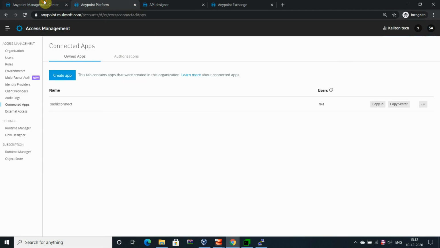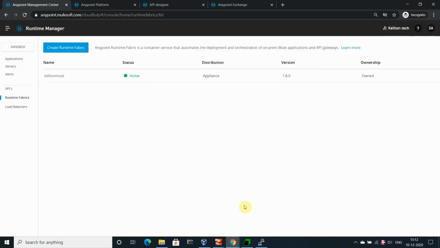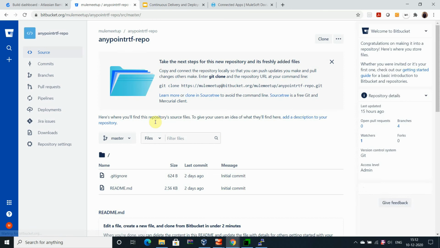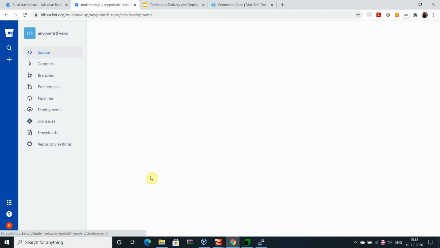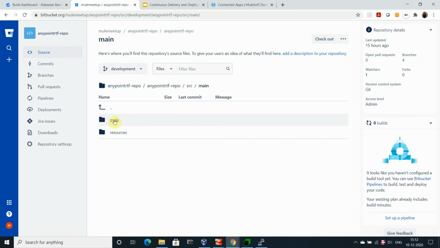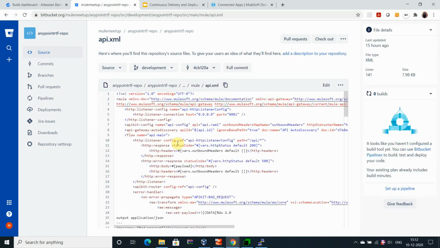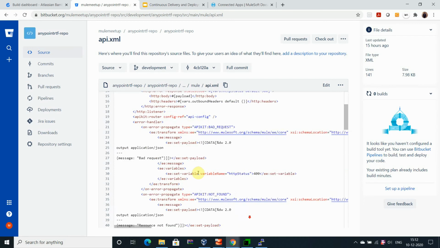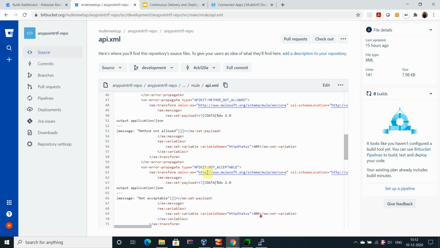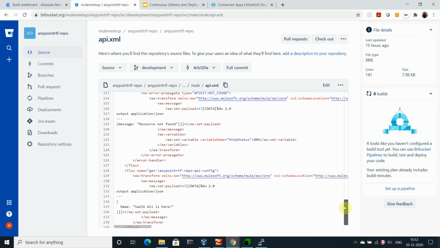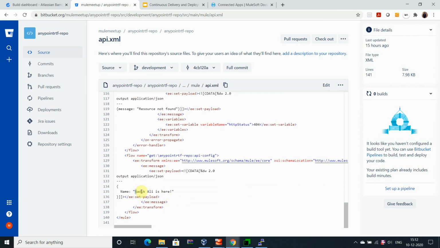I have updated the code. You can see that I have updated the code. Let me go to the code, this demo one. I have just updated one comment. Instead of the original name, I wrote Sadiq here. Let me show where the response is. I wrote that Sadiq is here. That's a simple change.